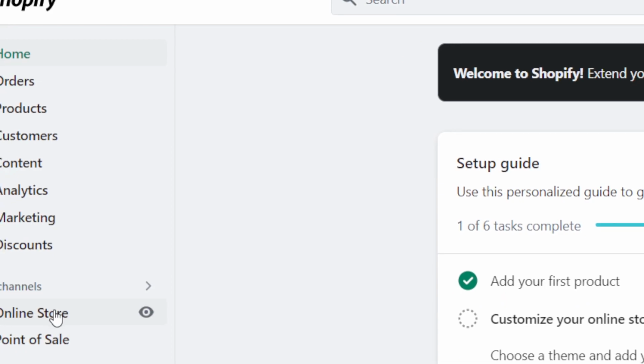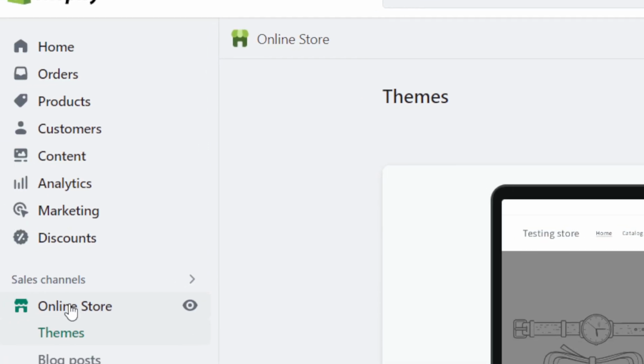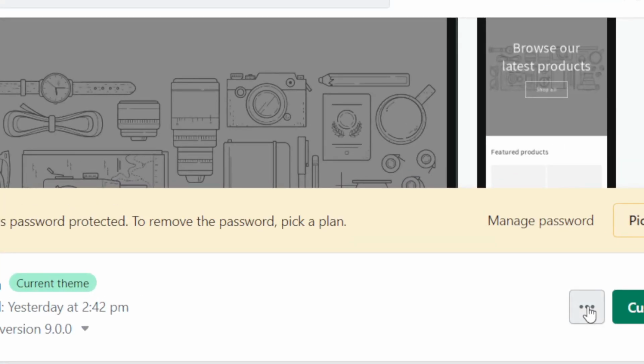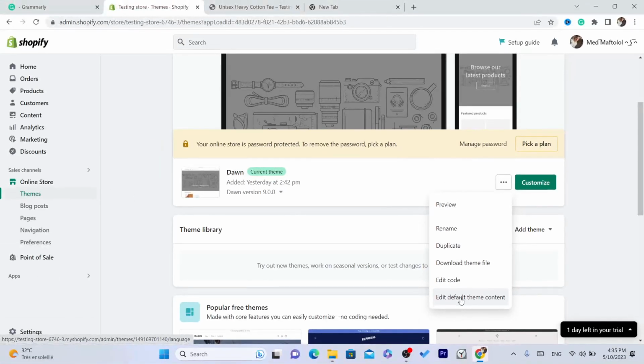Now let's remove shipping calculated at checkout. You want to click on online store. As you can see, scroll down a little bit, click on these three little dots or actions or whatever you see there. So for me it says here three little dots. You want to click on them, and then you want to click on edit default theme content,